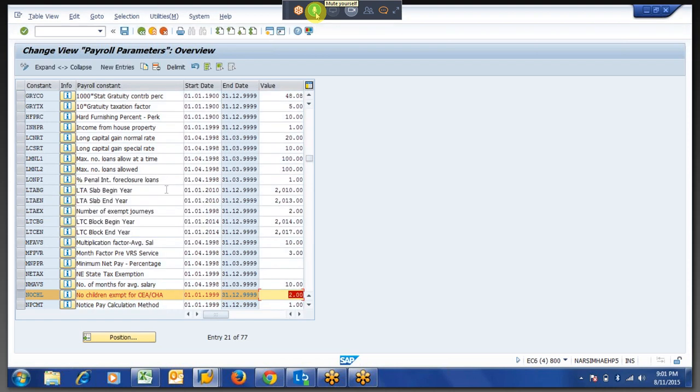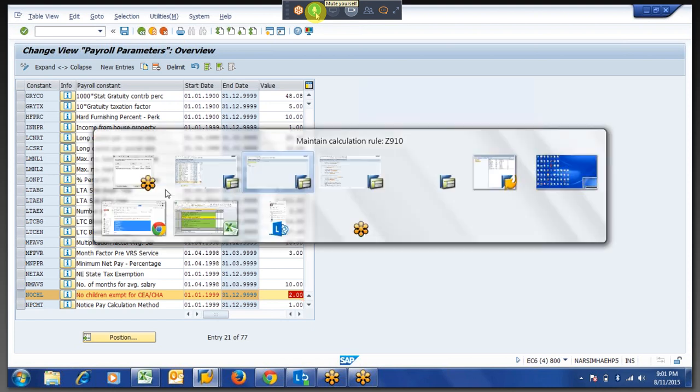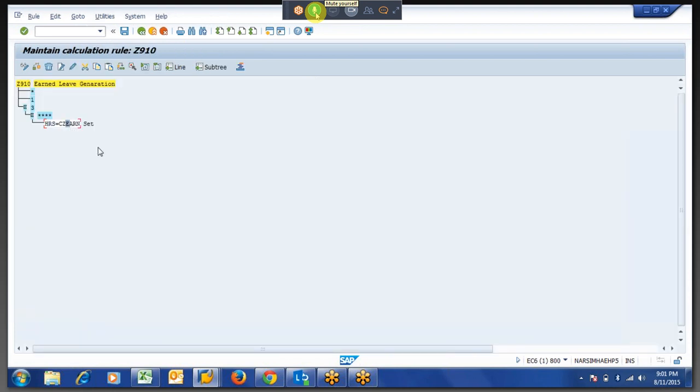Apart from that, nothing is there. Why are we coming here? Let us say you are telling 12 leaves, and the company policy changed in the next year. They are telling 13 leaves effective from 1st January 2016. If you change directly and you are running time evaluation, the previous data will be disturbed, right? That is why we are going to the constants table instead of hard coding something over here. I can give 12 here, but you can't check if something was changed. You should not change here directly. If you go to the constants table, there is an option with a start and end date for that.